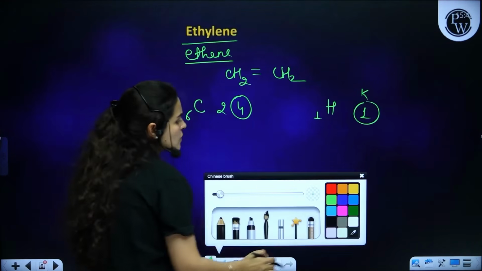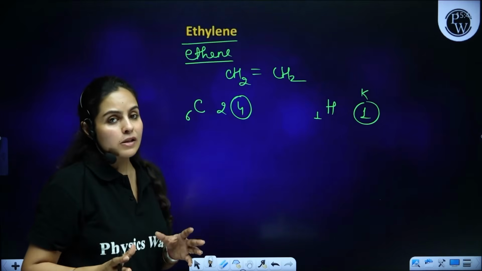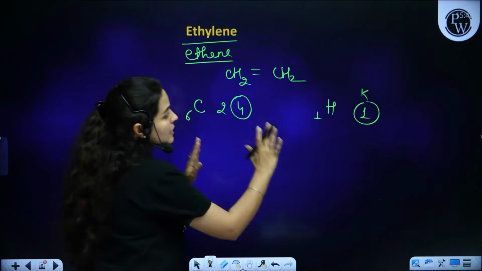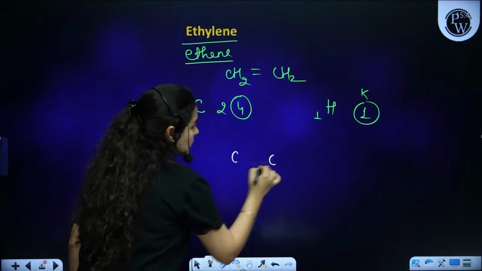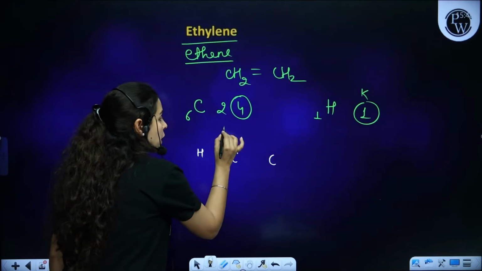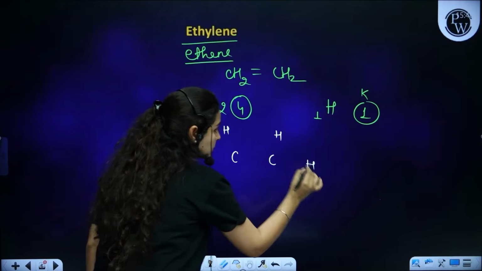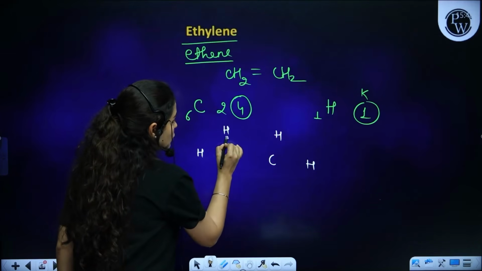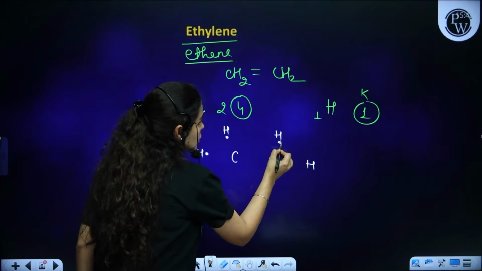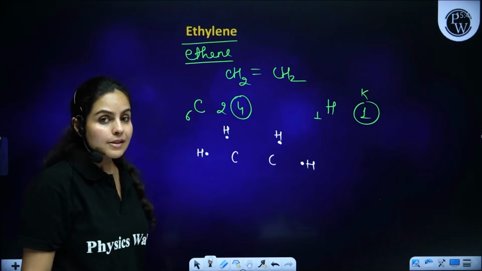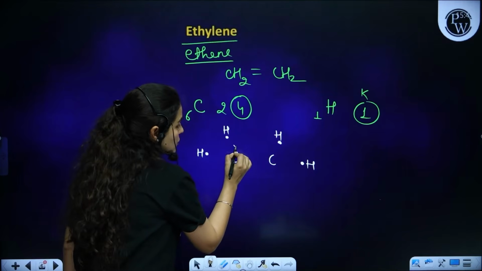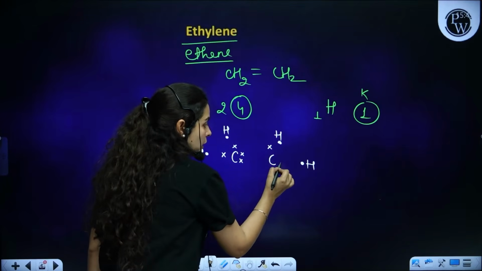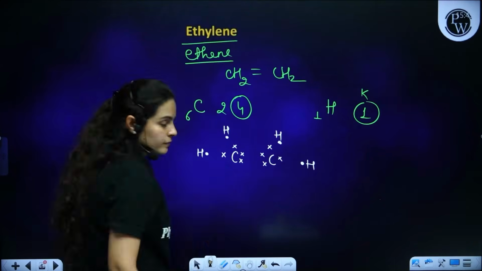Now, to draw this without any fuss or creating a lot of mess, the easier way to draw this kind of complex structure is to place the elements first. There are 2 carbons, place them. Every carbon has 2 hydrogens attached to it. Just place them, right? Now put dot and cross. Each hydrogen has 1 electron. Just put 1 electron. That's it. Every carbon has 4 electrons. 1, 2, 3, 4. Same thing on the other side. 1, 2, 3, 4.